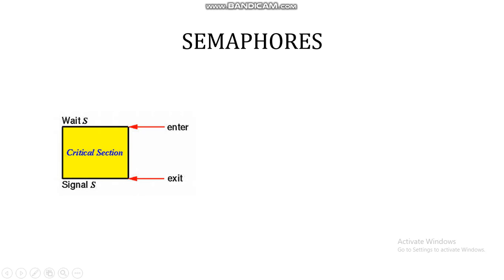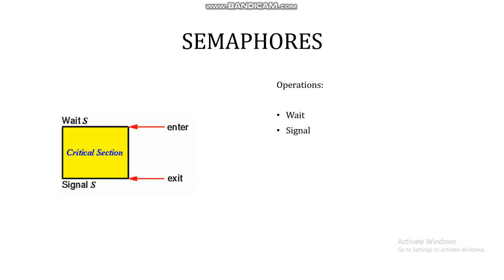In this video, I will explain what a semaphore is in the context of operating systems. In order to understand the video properly, students should be well versed with the concepts of process synchronization, critical section, and atomic operation. Semaphore is an integer variable shared by multiple threads that is used to solve the problem of critical section in a process synchronization problem.